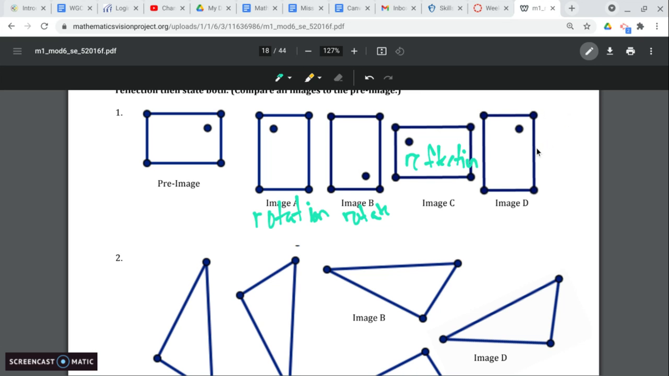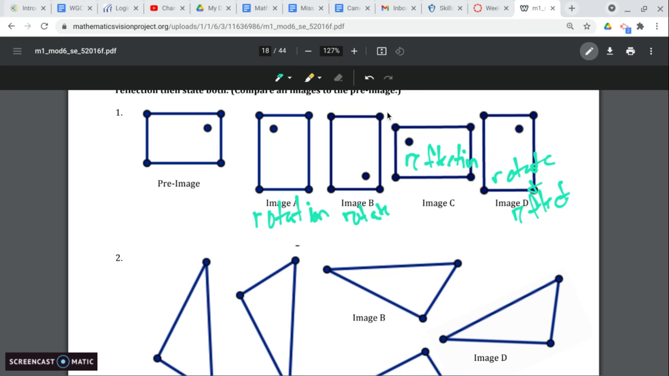And what about image D? So in this one, we did multiple things, right? So we rotated it, got it up like this, and then we flipped it. So rotation and reflection. Rotate and reflect. All right, so be careful as to which one has two, but always compare it back to the pre-image